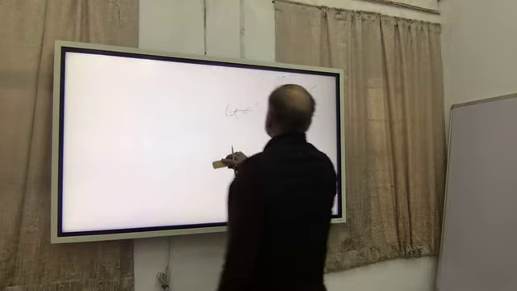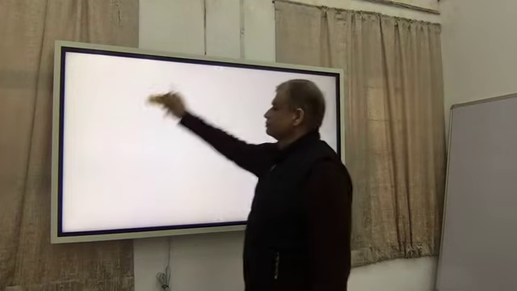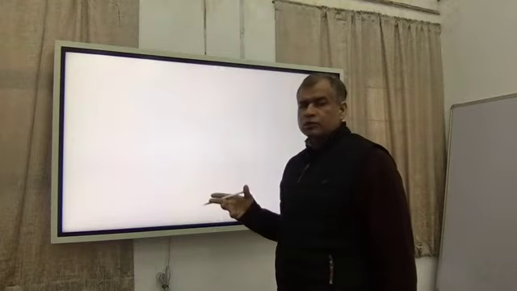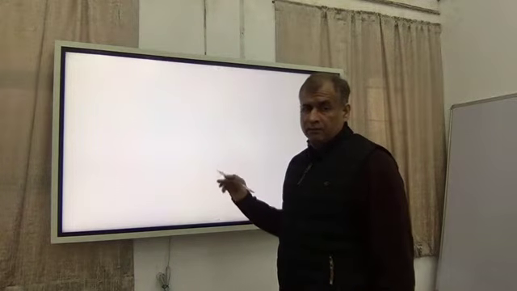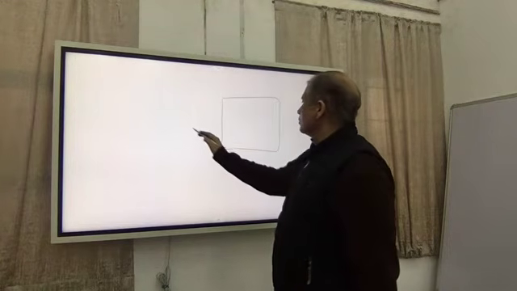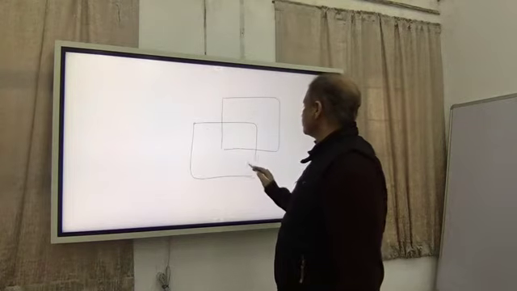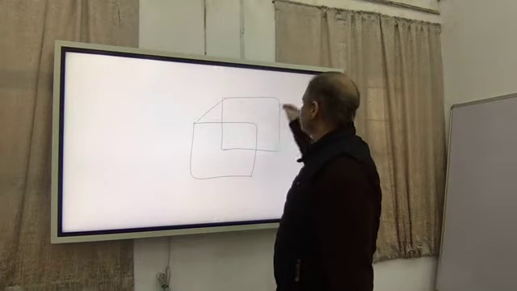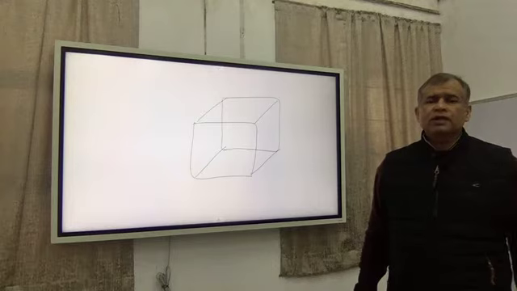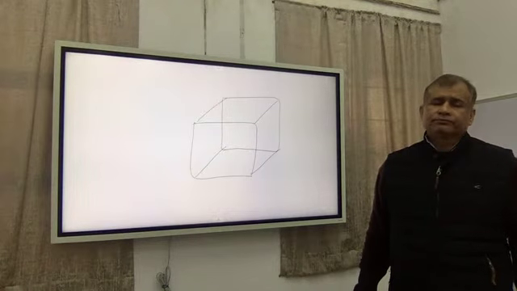Again, let us go to the tetrahedron. But before going to the tetrahedron, I would like to discuss first the cube. How many symmetry planes are present in the cube? There is a reason for that. I will discuss later on why. So, if this is a cube, you can note down that in a cube there are 2 types of planes of symmetry.